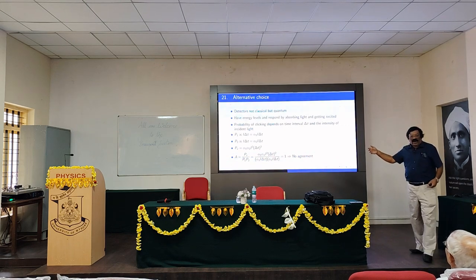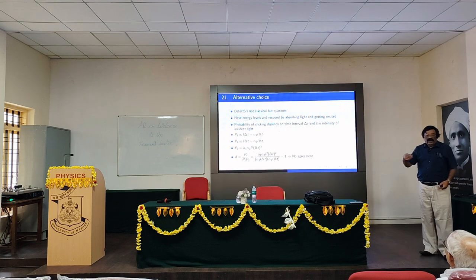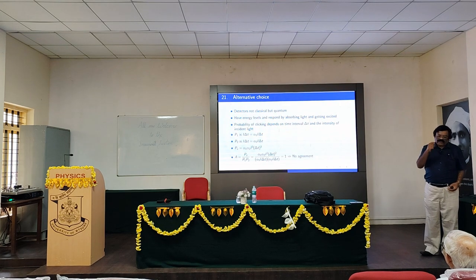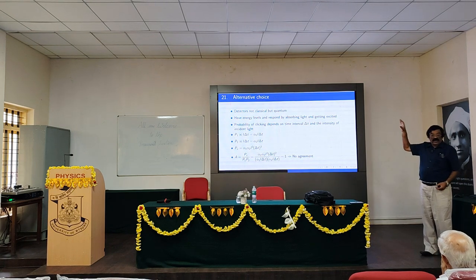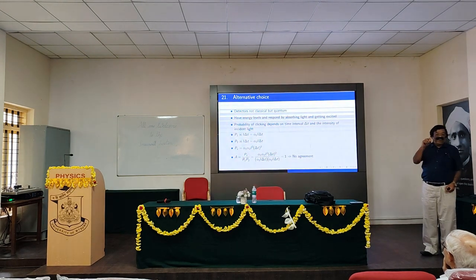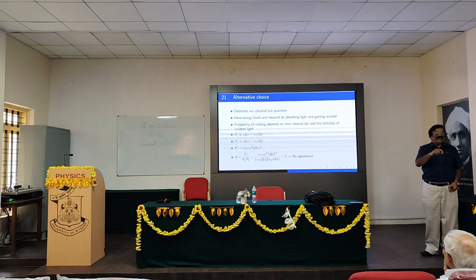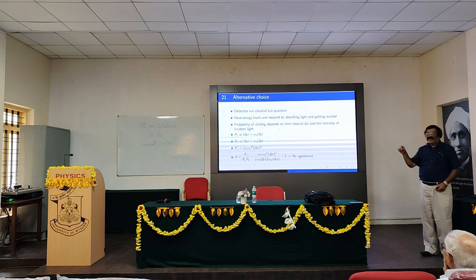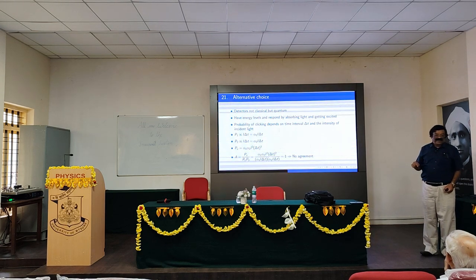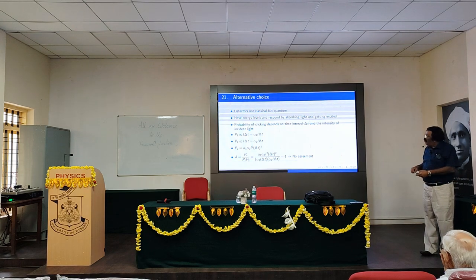I am just looking at how time dependent perturbation theory gives an expression for probability. This is from that main formula that we wrote. So if you assume that the detectors are quantum devices where atoms are excited and thereby detection takes place, you will end up with the result that A is equal to 1. So no use, right? So what more can you say?